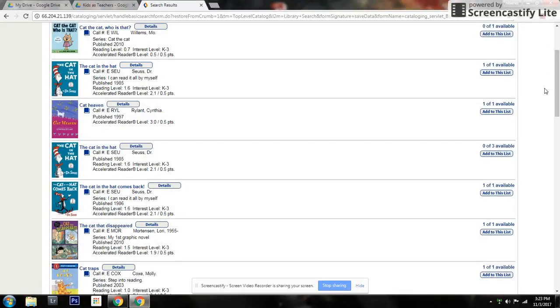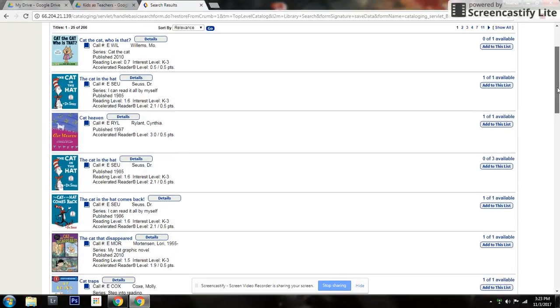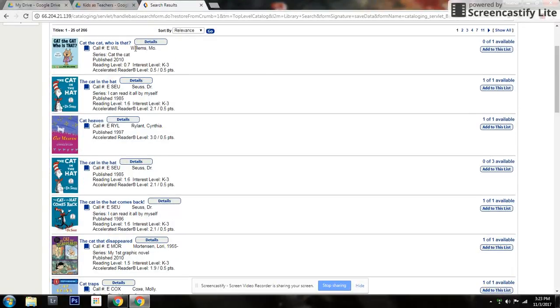So let's look at all the things that we can see on this page that tells us information about our books. So of course you've got the title. Directly under that is the call number, which is going to tell us where to find this book. So we know that this is an easy book, an everybody book, so that's a picture book. And it's going to be with the WILs because WIL is the first three letters of the author's last name,